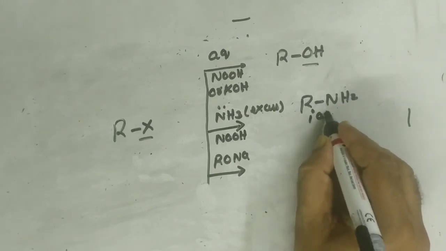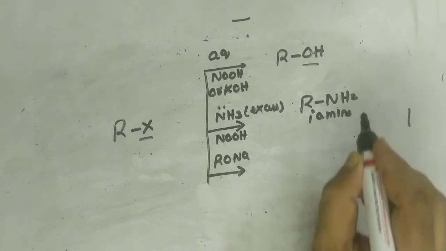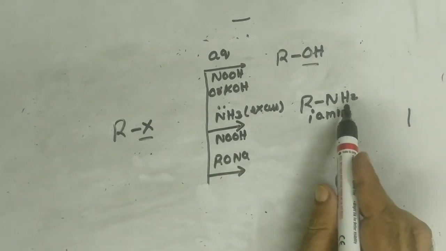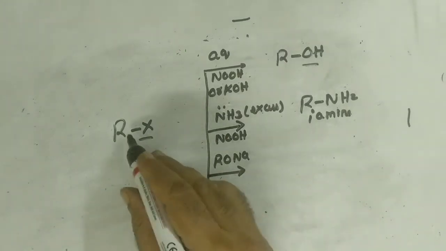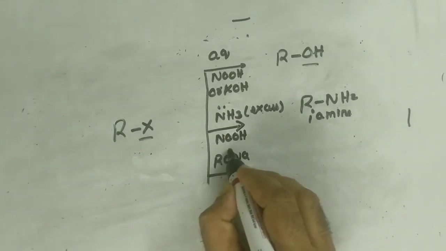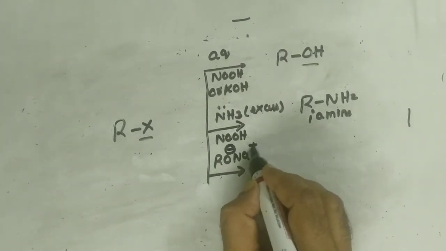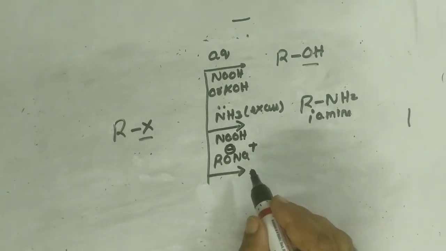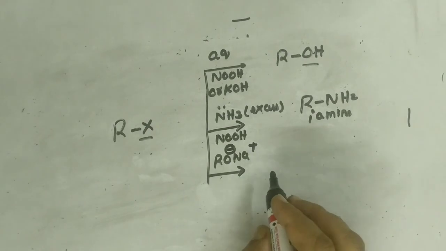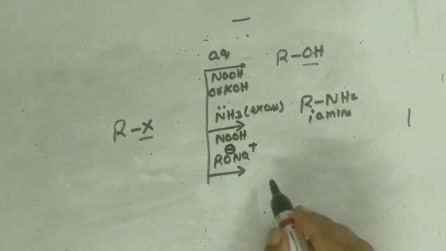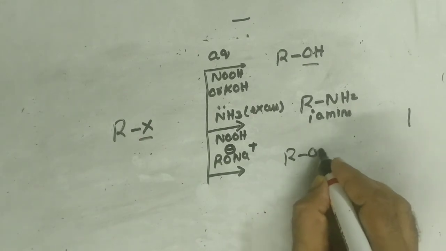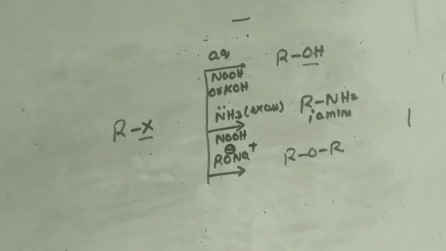So for an alkyl halide, if you put ammonia in excess in the presence of NaOH, X will be replaced by NH2. If you react with RONa, RO minus is the nucleophile. You know the name reaction also, RX plus RONa. It's called Williamson synthesis. We discussed it in detail while doing ethers in the last chapter. So RX, if you put RONa, X will be replaced by RO minus, and you get the formation of an ether. So these are the first three nucleophilic substitution reactions we have done for alkyl halide.